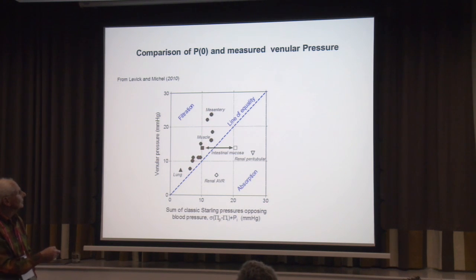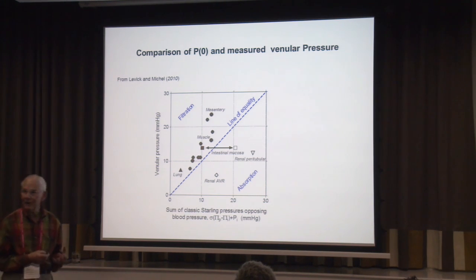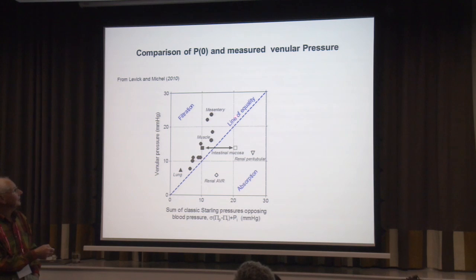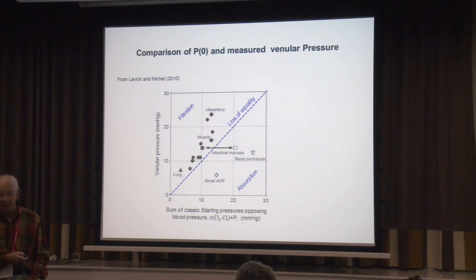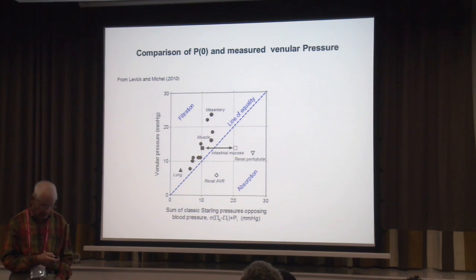Most of the points lie on the upper side of the line, indicating net filtration. These points fit in with our hypothesis about steady-state reabsorption. Then they're on the other side of the line. And even more striking is that in intestinal mucosa, during fluid uptake, the point lies here. When there's no fluid uptake, the point moves over to here. So that fits in very nicely with the idea, but it leaves you with the problem that there's not a balance at all. You've got an excess of pressure, even if you use the venous pressure rather than the capillary pressure. And this, much to Rod Levick's delight,